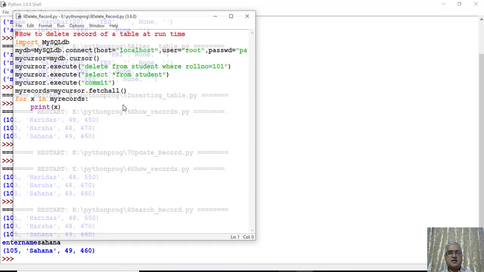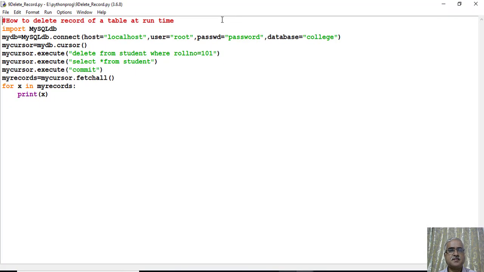Now we'll delete the record. Again the same, import mydb as the connect object, next mycursor as the cursor object, and we are executing delete from student where roll number is equal to 101.